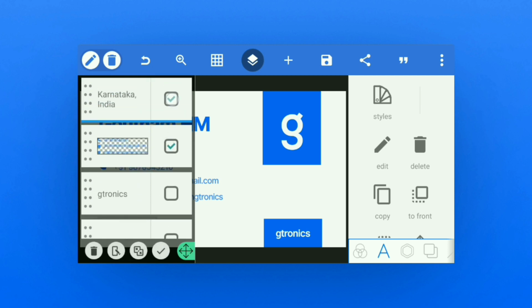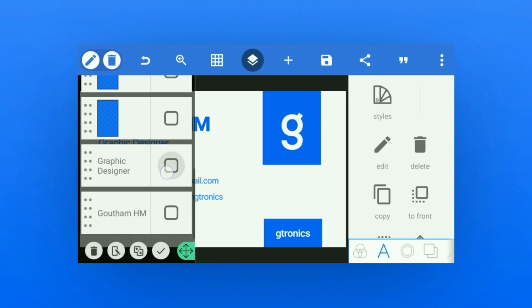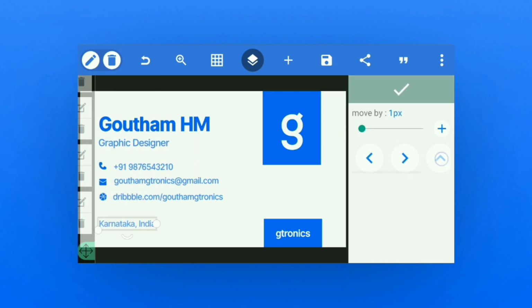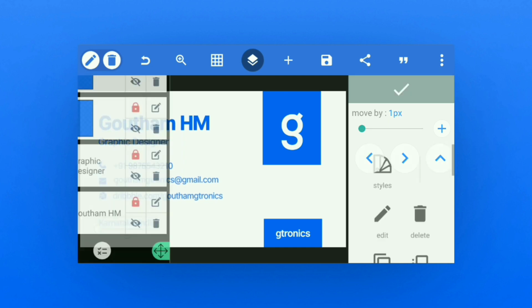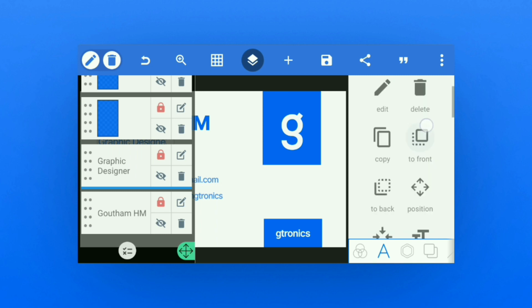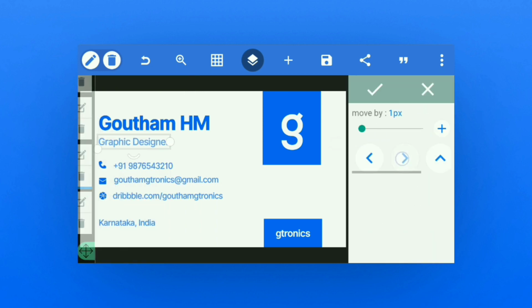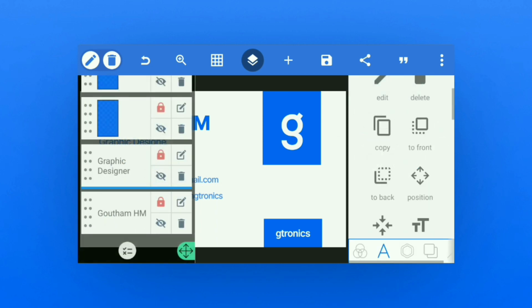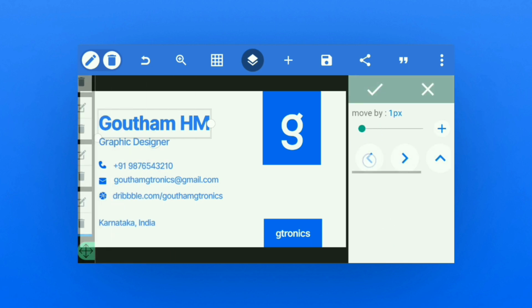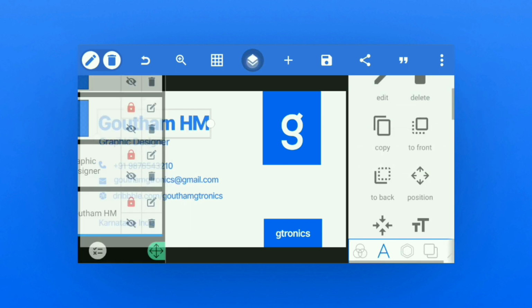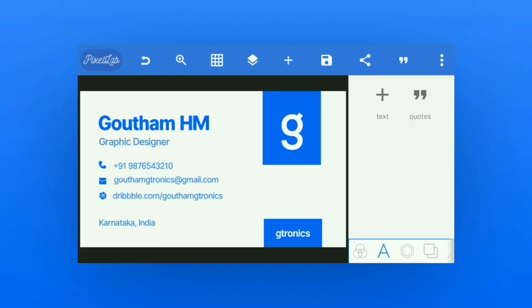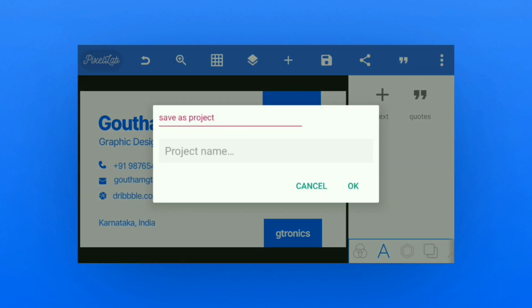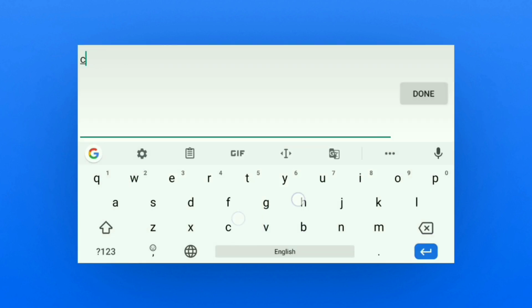And now I will select all the elements which are on the right side, and I will make slight adjustments on them. You can experiment with these things to make it perfect, and maybe you should have added that wave texture here also. I don't know, I haven't tried that. And now let's save the project again.